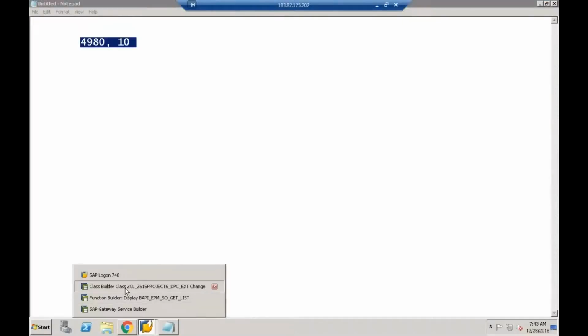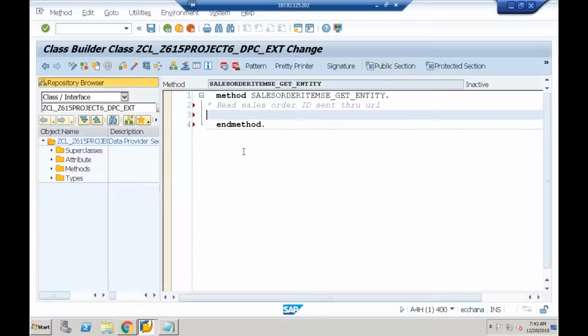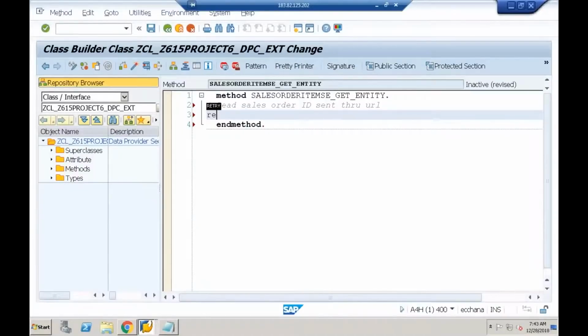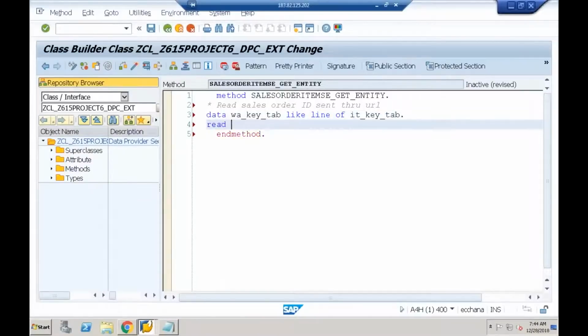So here, first I'll read the sales order ID sent through the URL. What is the parameter which will carry that? We have seen that many times. It is IT_KEY_TAB. So let me read it. I require a work area first. Data w_key_tab like line of it_key_tab. Read the internal table: read table it_key_tab into w_key_tab